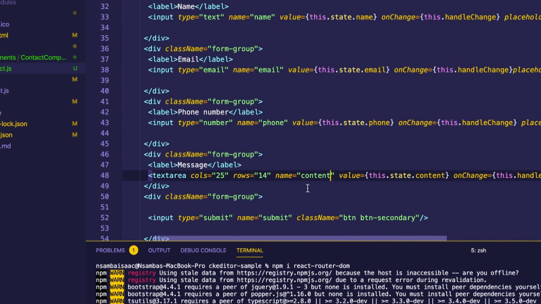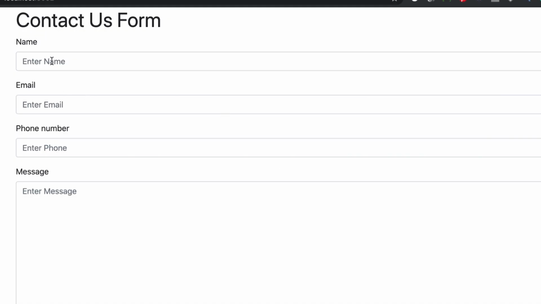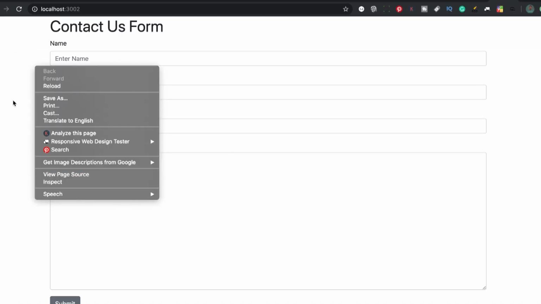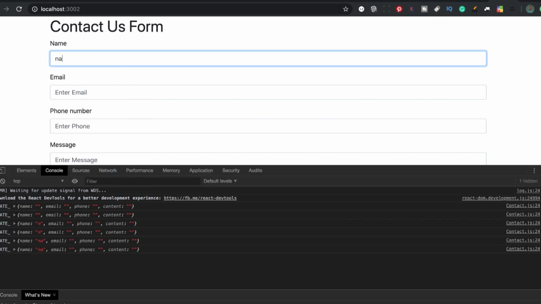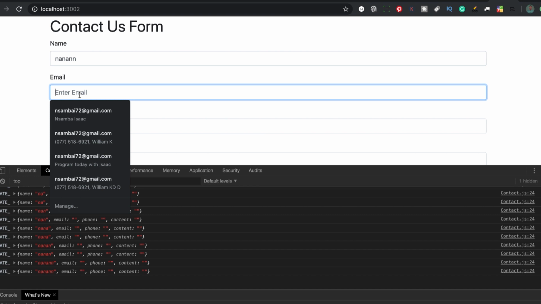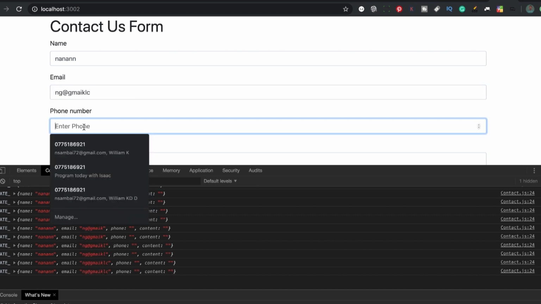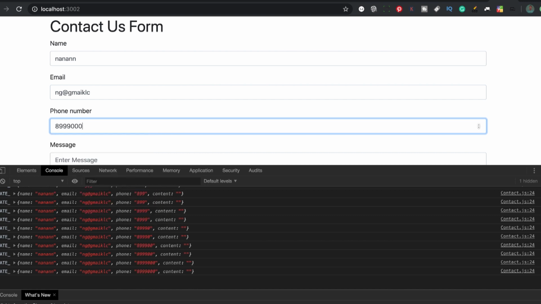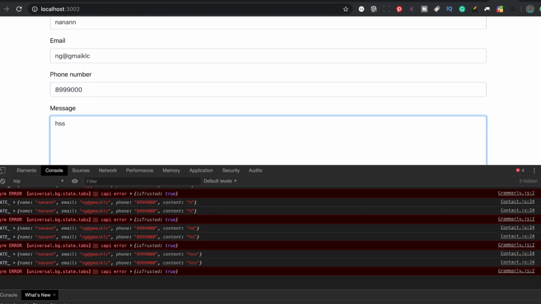So good. So let's save and go back to our browser, inspect our form. Good. So if we put in here, like I put in a name, the form state is updated of that element. And if I put in, like, you see my email has been accessed. And if I put in a phone number, a phone number state has been also accessed. So if I type in something here,